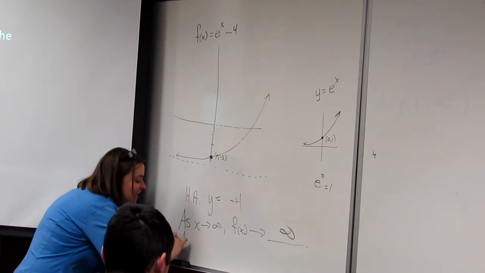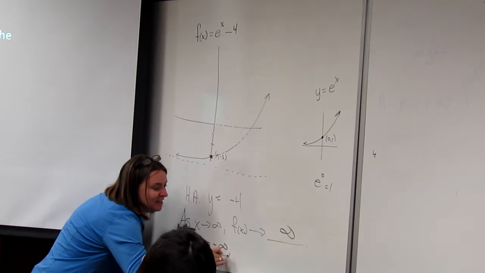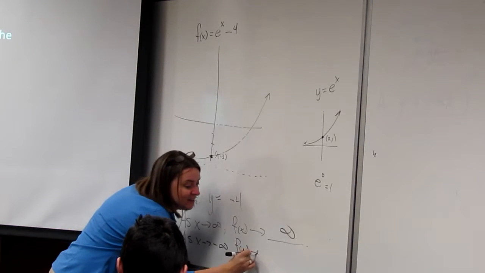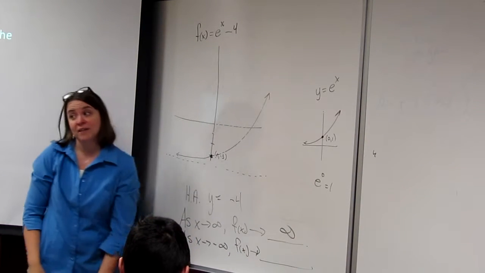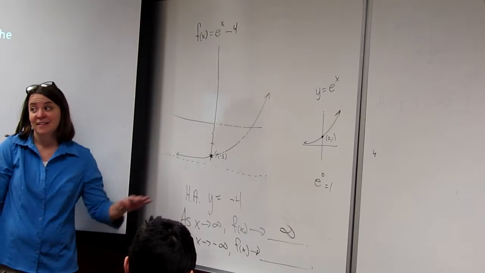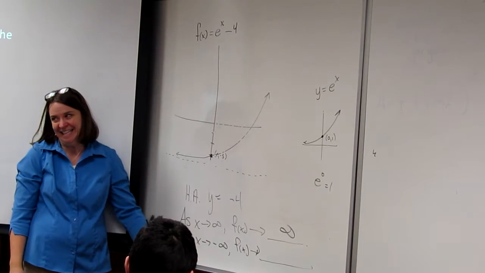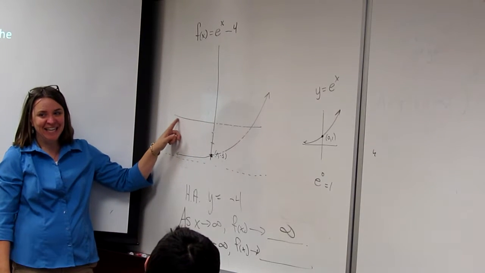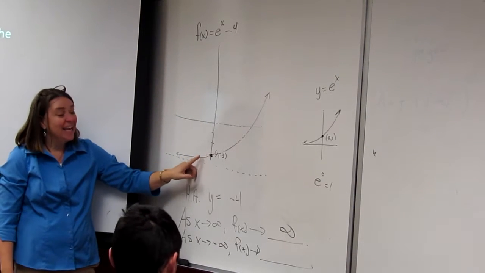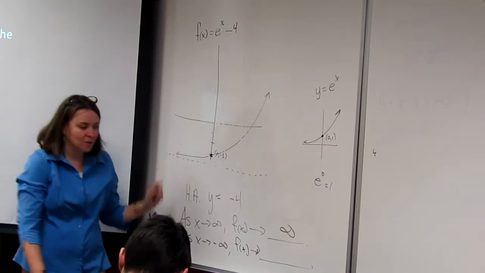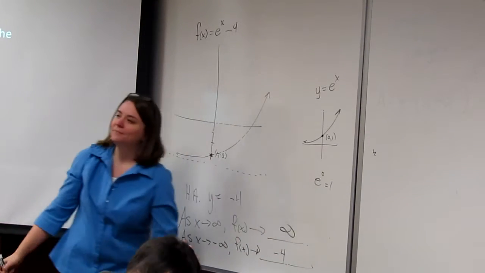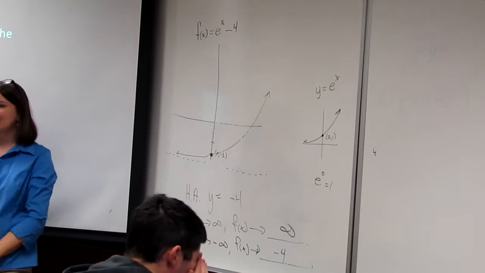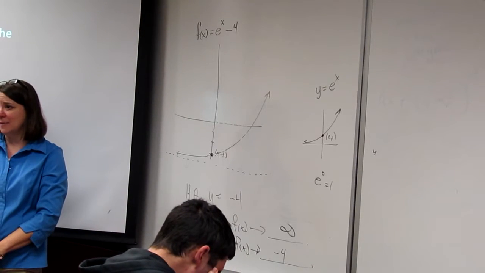However, in the other direction, f of x is bounded. Complete the statement. As x goes to negative infinity, yeah, the outputs get closer and closer to negative 4. In this case, they don't reach it, but in other cases,